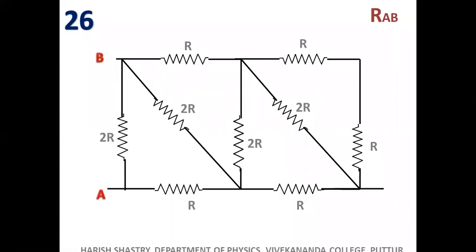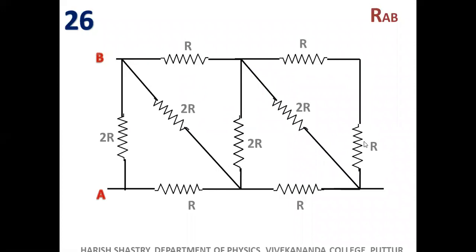26th problem. Yes. Now, from where we will start? You have been asked to find out the resistance between A and B. Shall we start from somewhere here? It is very complicated here. You can't treat these two as in series. Can you treat these two in series? No, never. Anything here is a complicated one, whereas if you start from here, no issues.